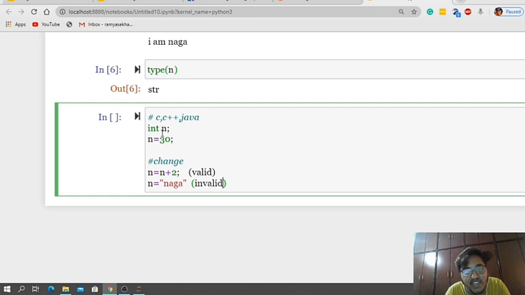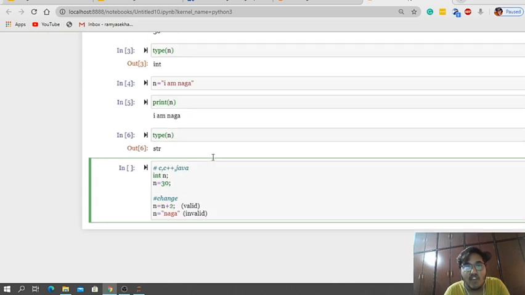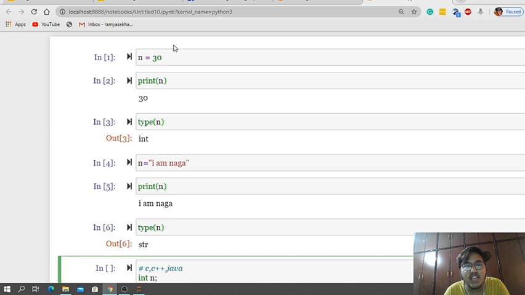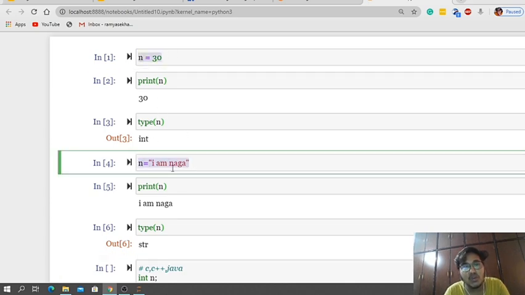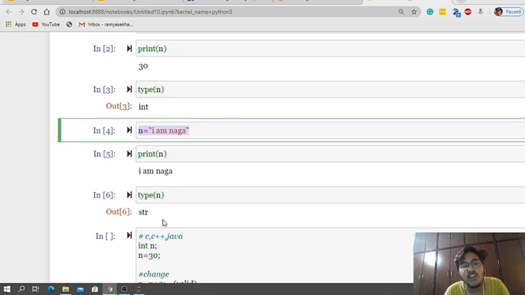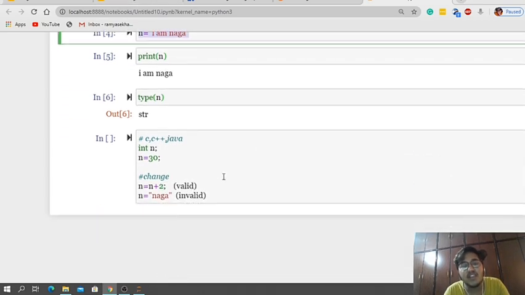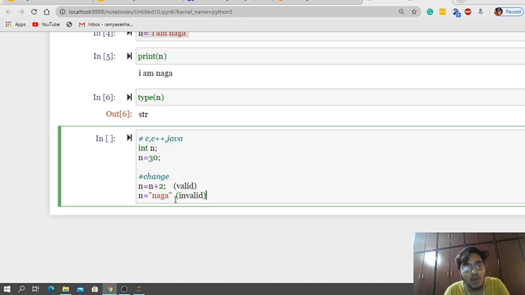Once a data type is declared as int, it cannot be reassigned with another data type because it is a statically typed language. Whereas in Python, as you can see here guys, first I assigned an integer, later I changed it to a string. This is possible in Python, whereas in C, C++, Java it is not possible.